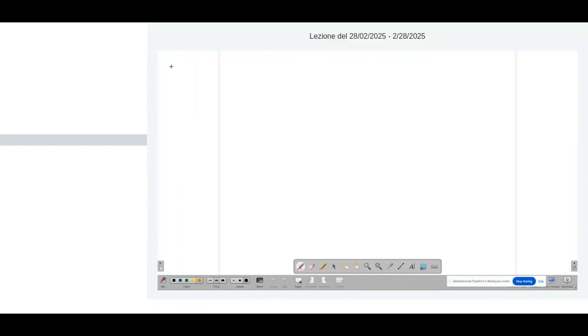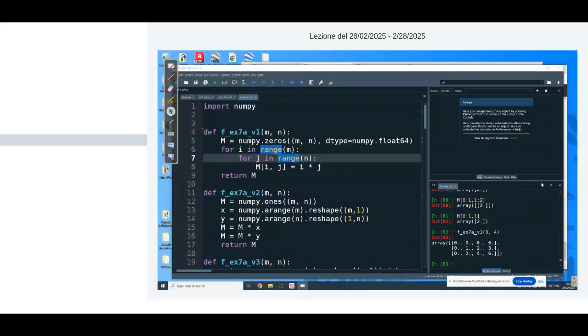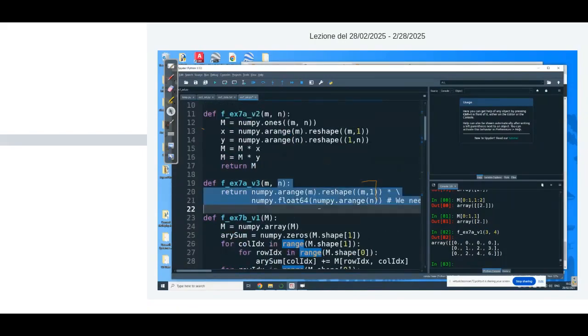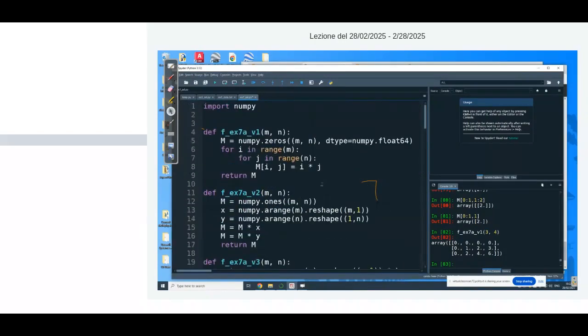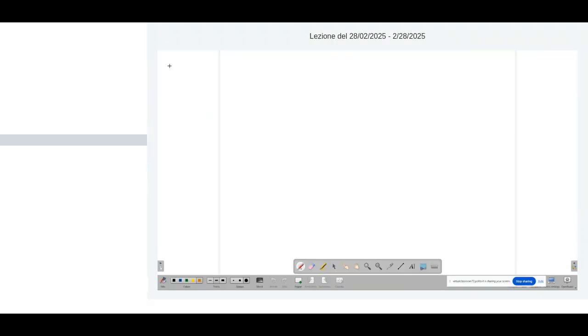Of course, this requires some reasoning that I don't expect you to be able to do on your own at the beginning of the course. I expect you to be able to understand these kinds of reasoning once we show them and give you an explanation of how they work. But at the beginning, they may look a bit strange. This one is already quite complex. We will get to a very simple solution, which is quite complex to understand how we get there. To get there, we need to